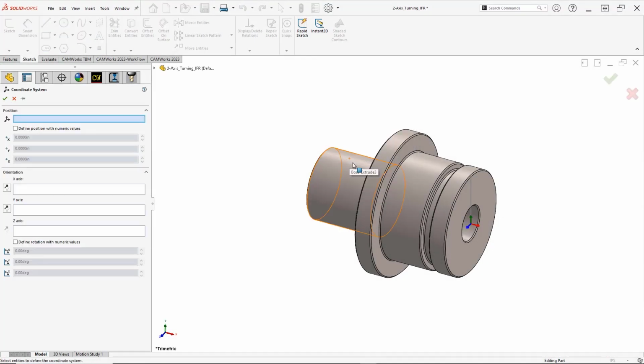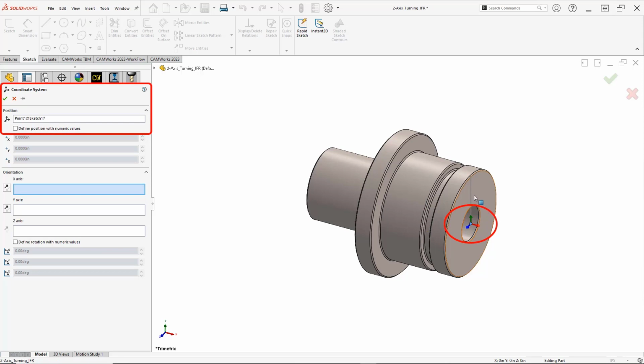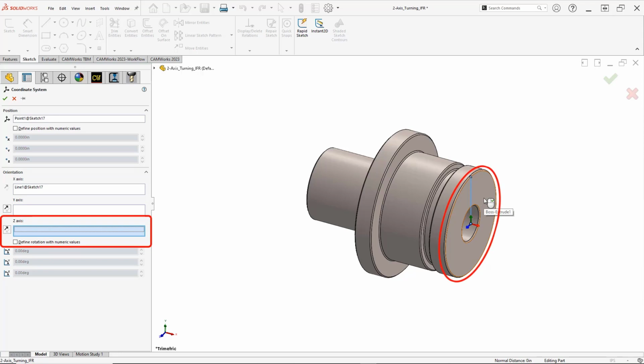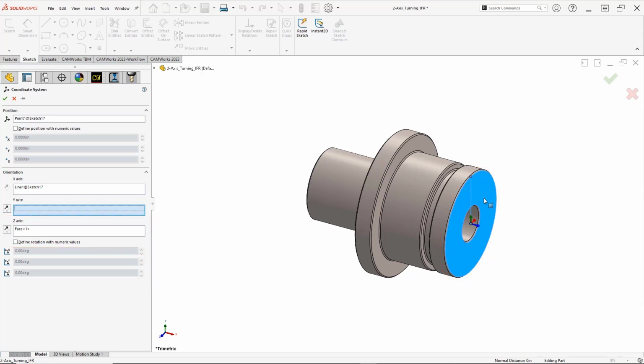Within the Property Manager, we are only concerned with three selections: the center point or SOLIDWORKS origin of our part, the gray vertical line that establishes the x-axis, and finally, an entity, whether it is a planar face or reference plane, that establishes the normal direction for the z-axis. Axis colors, green,